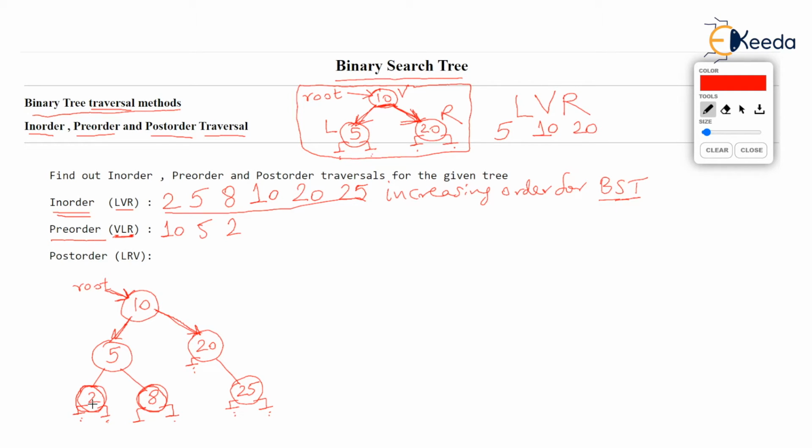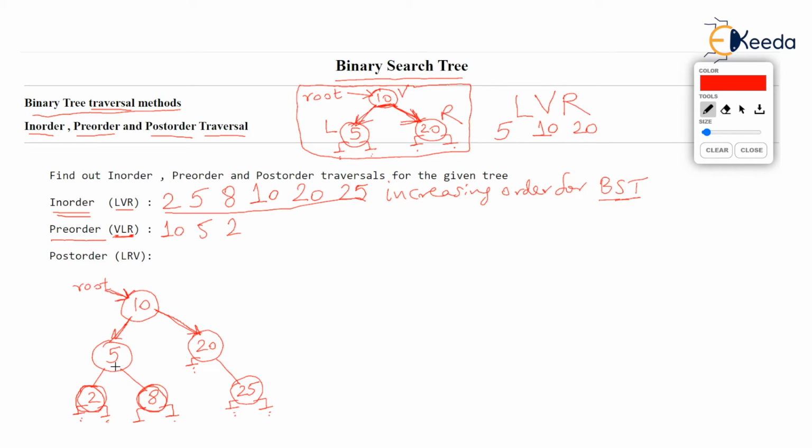Remember, we have finished the vertex, we have printed the vertex, we have finished the left movement, but right is still pending. So we try to move right, but right is also null. Hence, for this node 2, we observe that we have finished all the three processes: print the vertex, move left, and move right. So once 2 is over with its pre-order, we will backtrack to the node from where we came to 2. We came to 2 from 5.